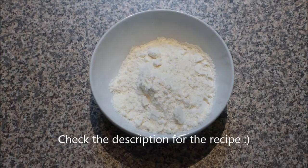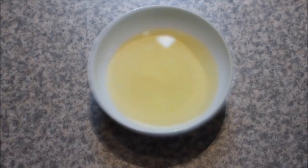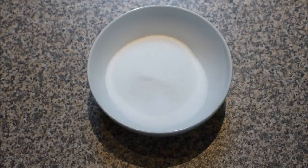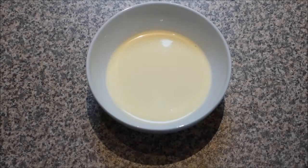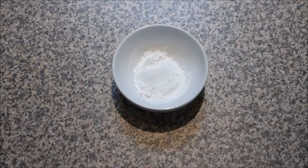For this recipe, you'll need half a cup or 60 grams of coconut flour, half a cup or 110 grams of light flavoured olive oil, 5 tablespoons or 90 grams of a powdered stevia, a third of a cup or 85 grams of pure pouring or thick cream with 35% milk fat, 3/4 of a tablespoon of baking powder,